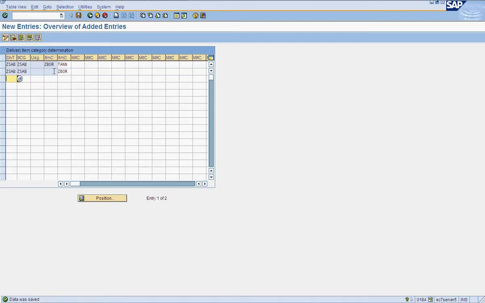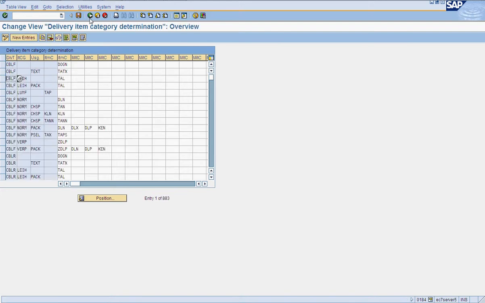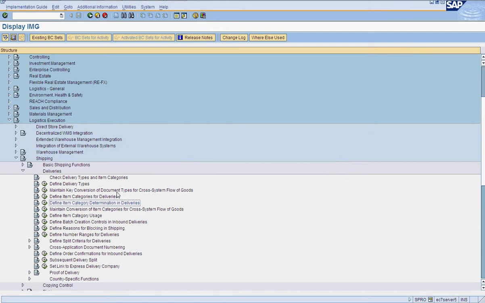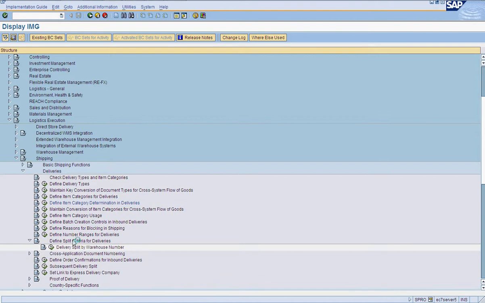The order has changed actually, so that is fine still. So we have defined item category. Now you can define split criteria for delivery actually. Here in just split delivery split by delivery number.